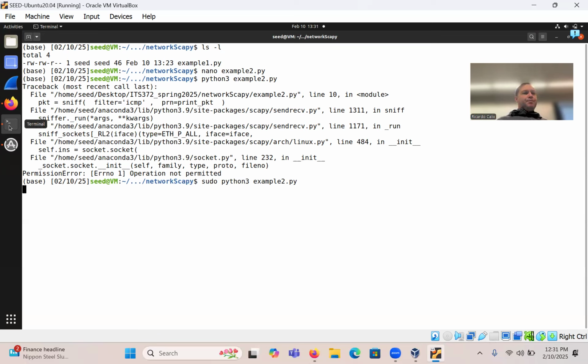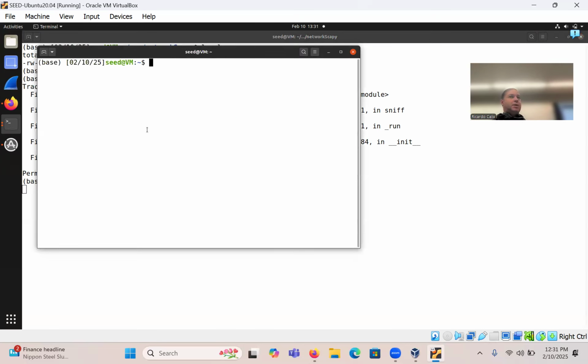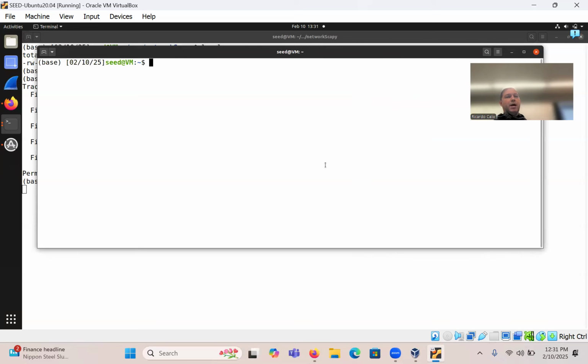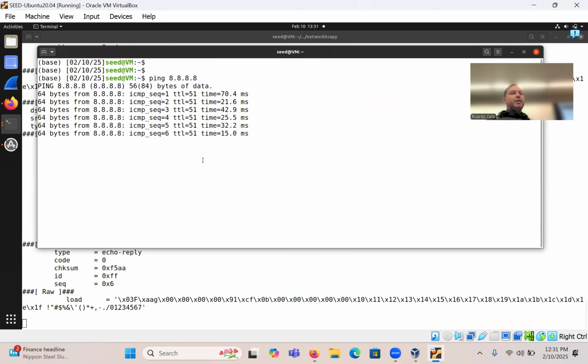So for me to generate ICMP traffic, I'm just going to create a new window and ping something. Essentially, you can ping outside into the internet, such as the DNS server for Google. So that's going to be ping 8.8, just like that. So we're going to now ping it. And as you saw in the background, something came up, right? So you can see I'm sending ICMP packets to